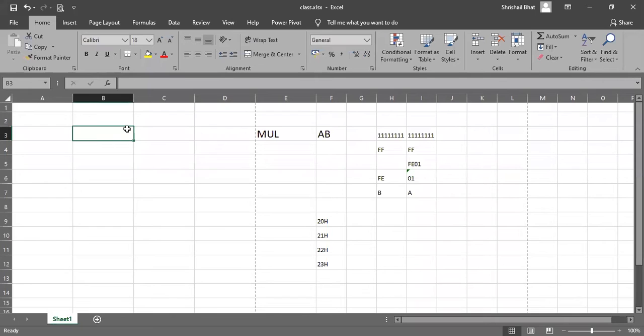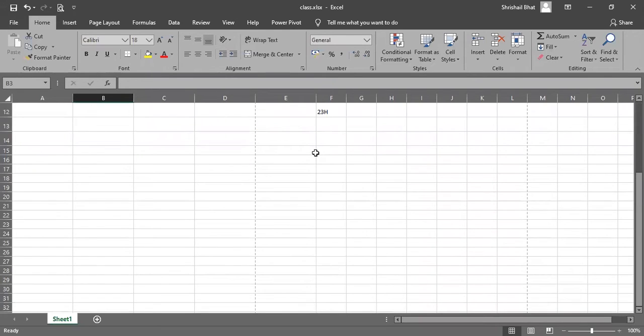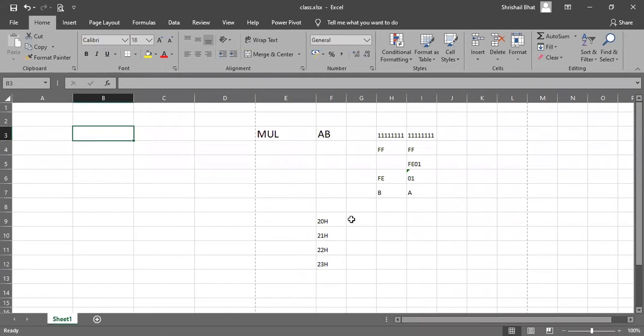We will start with the same thing as we have done for the addition and subtraction programs. We will use indirect addressing mode. So the address 20H should be copied into one of the registers, either R0 or R1. When you use indirect addressing mode, you can use only R0 or R1. So I will use R0: MOV R0, #20H, right? This will copy the immediate data 20H into R0.